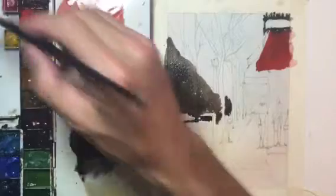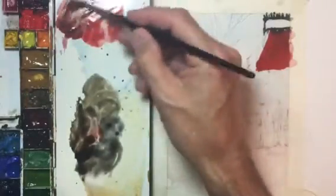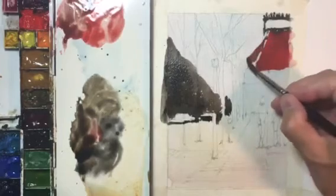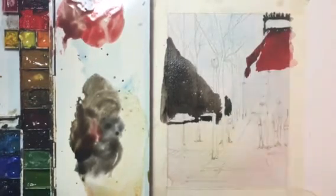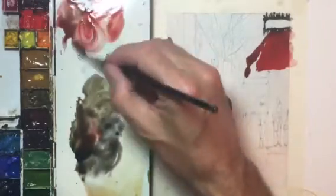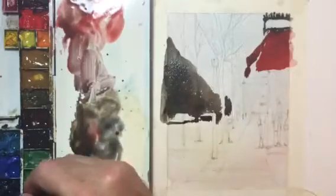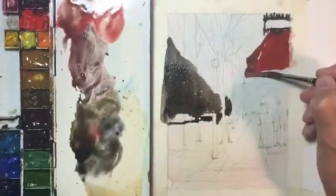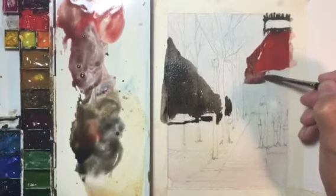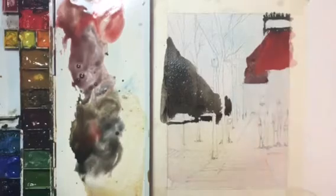Then I'm going to use some more of that sepia tone and then darken up this section, and a little bit of blue. So I'm going to try to start mixing my colors a little bit more. This awning over here, I don't want it to be as... and then I can always go back in and...